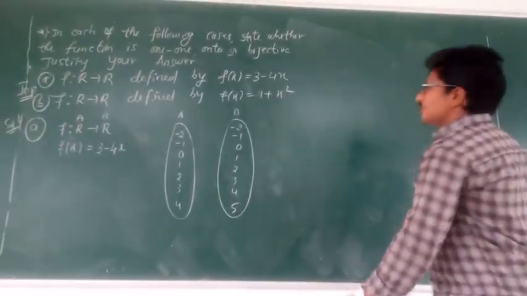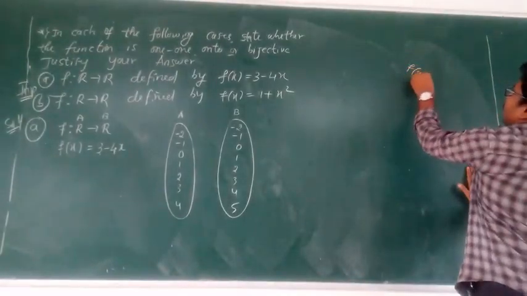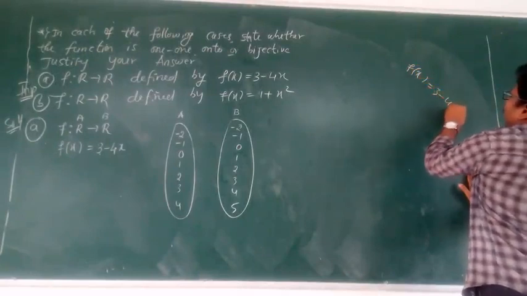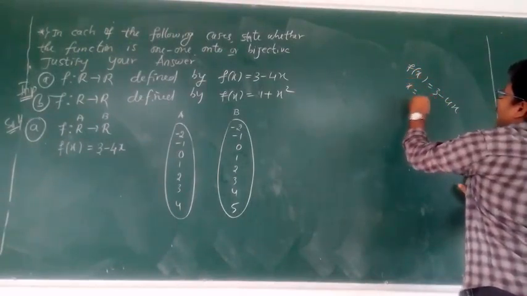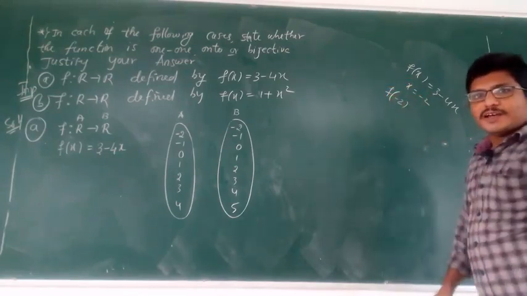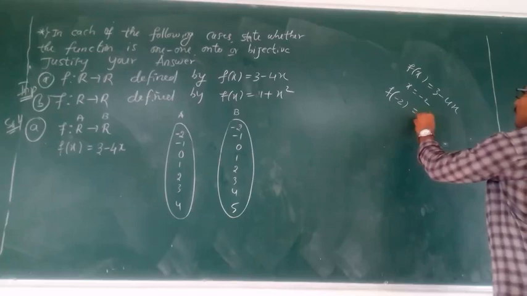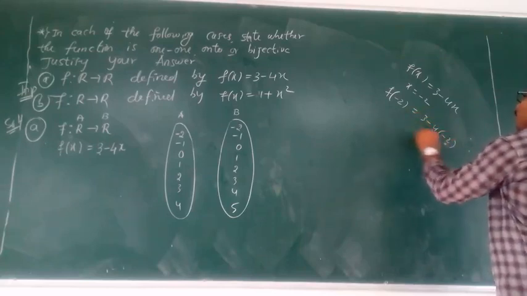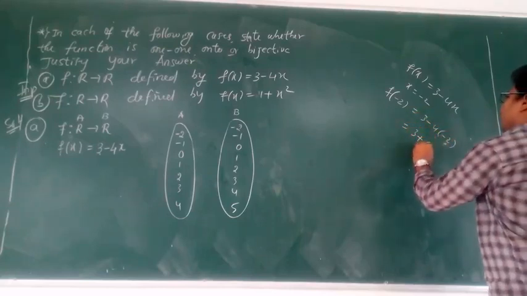Now first check whether it is a one-one function. f of x is equal to 3 minus 4x. Fill in x is equal to minus 2. What happens? f of minus 2 is 3 minus 4 of minus 2, which is 3 plus 8, it means